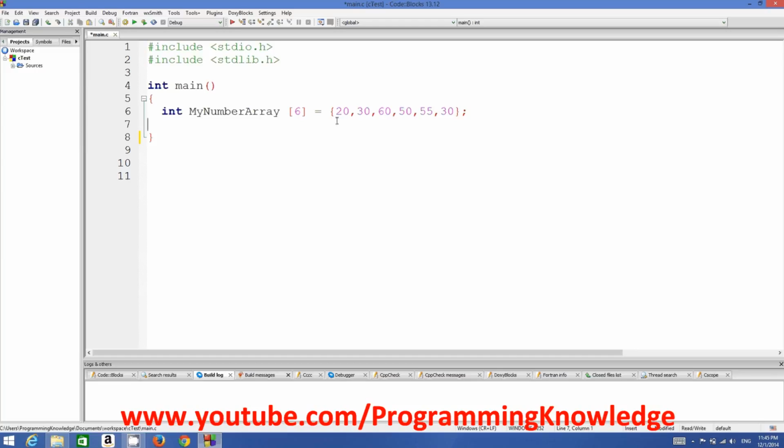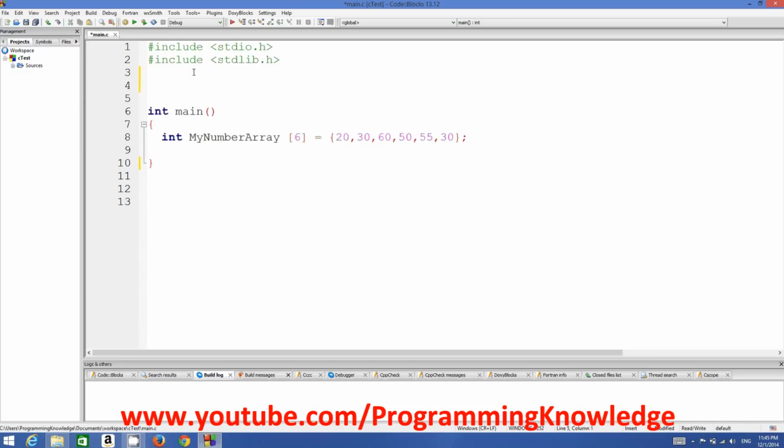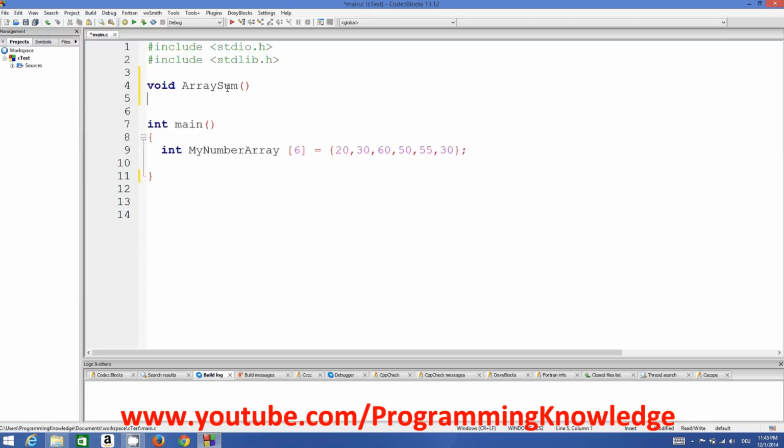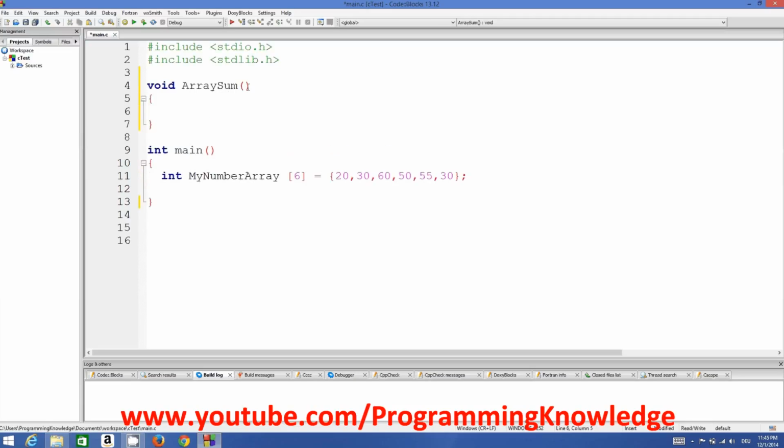So first of all, let's see what are different ways of passing arrays as an argument of a function. I will declare a function void, for example, not returning anything, and array sum is the name of my function. And there are 3 different ways basically you can pass arrays as an